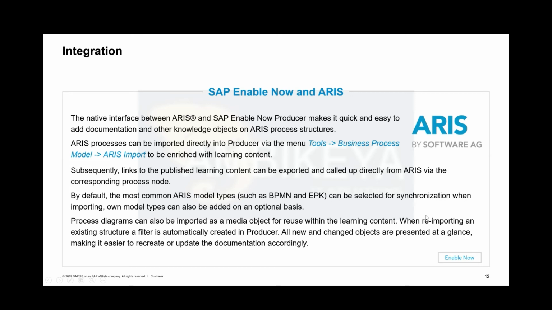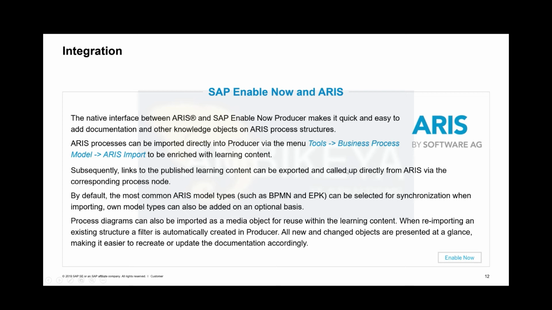Enable Now references can be put in. The deep links of Enable Now content will be pushed back to the ARIS web publisher, so the end user consuming the business processes from there, watching it, can